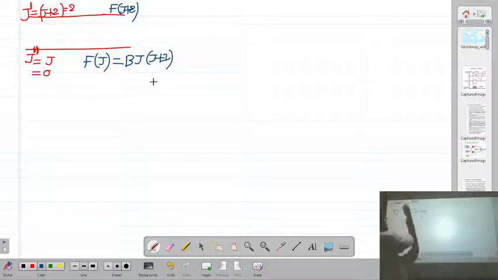Okay. So can you tell me what will be the rotational term value or rotational wave number for the upper level J plus 2? For that you have to replace this J by J plus 2. So B I write as it is, I replace this J by J plus 2.